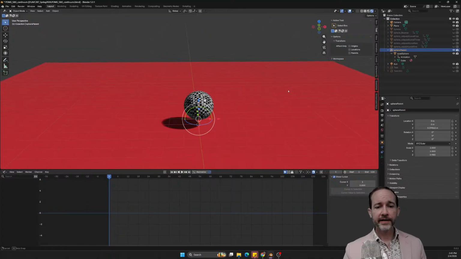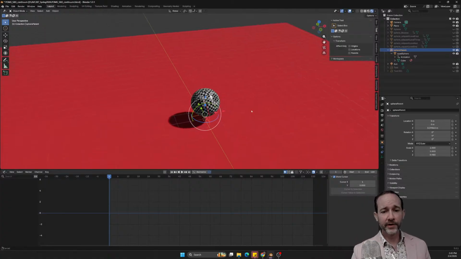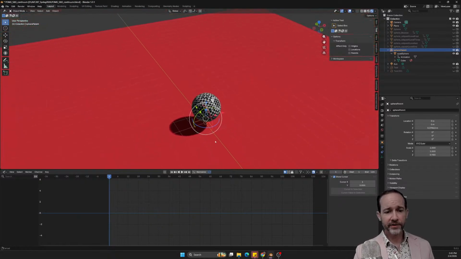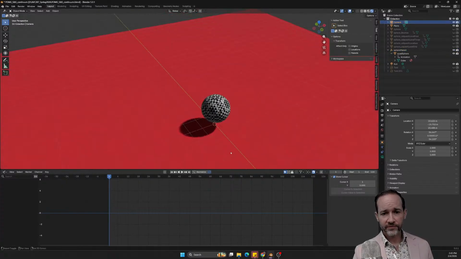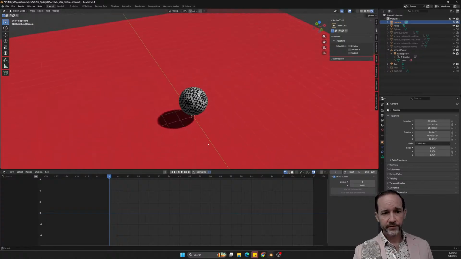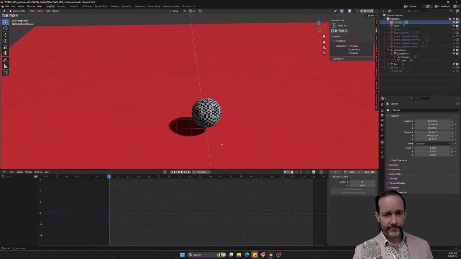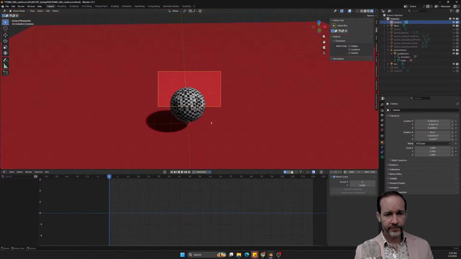rotation and position block out to get a good block out of this. In this case, we want it to go across the screen, and just for the sake of not having to do a gazillion bounces, I'm going to figure out where I want the camera to start, because that's going to matter for my block out here. So I'm going to select the camera and look down from the top here. Maybe, I don't want to see the edge. Let's say kind of here. So Control-Alt-0 to move the camera.